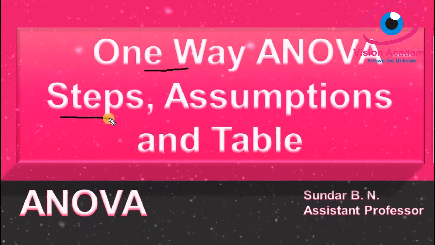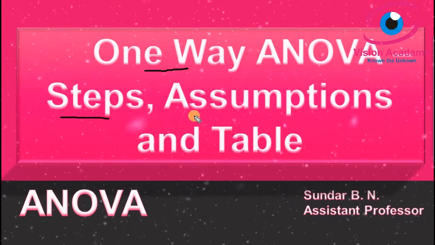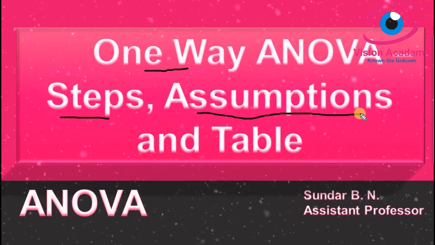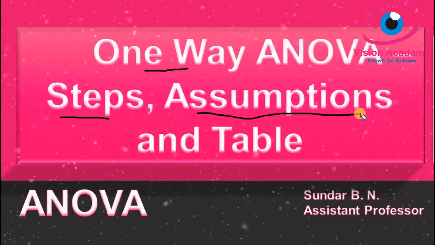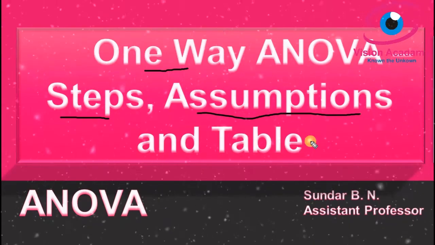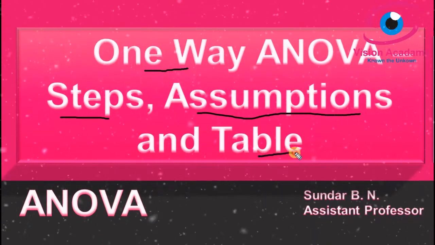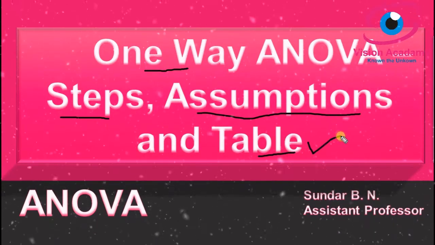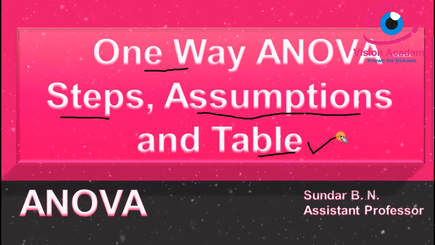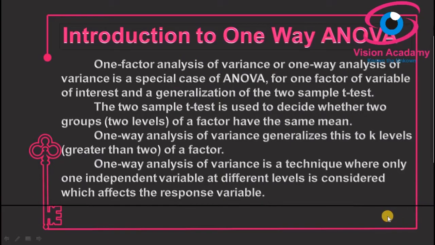Very important steps, along with the formulation of each step, I'm also going to consider, and also the very important assumptions that are attached with one-way ANOVA I am going to explain in this video. And very importantly, after calculating several factors in ANOVA, you have to plot all the data in a table, that is a tabulation table. I will also show you the formation of that table in this video. Then let us explore some more things about ANOVA.